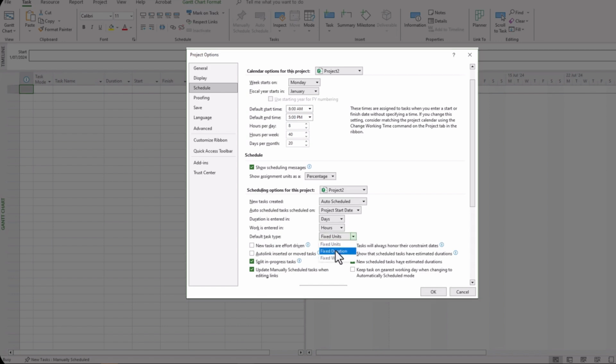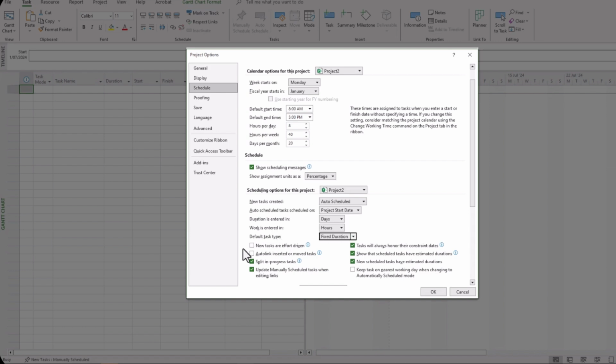We want to change that to fixed duration. Now the reason why many project managers prefer this is because fixed duration, obviously by its name, it keeps the duration without project interfering and making adjustments on that fixed duration for the task on your behalf.